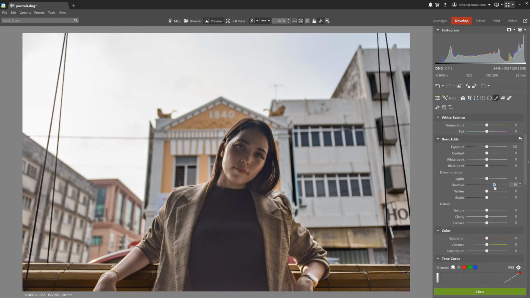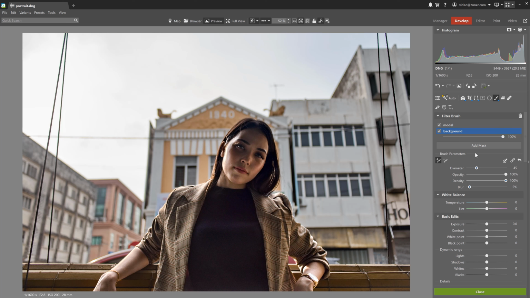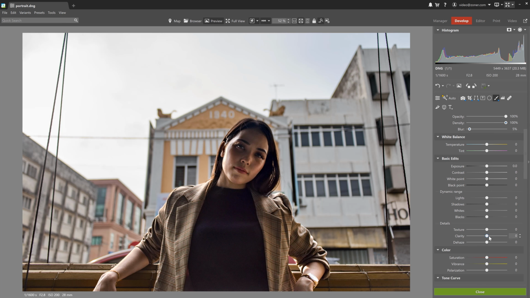Now I want to brighten the model, so let's increase the shadows once again and decrease black point to bring some black back into the photo. I'm going to slightly increase the white point to bring out the white in her face as well as her clothing. Then let's decrease the shadows, but only a little bit. So when doing these types of adjustments, be careful not to make too much of a noticeable difference in exposure at the edges of the masks, because the result is not gonna look good.